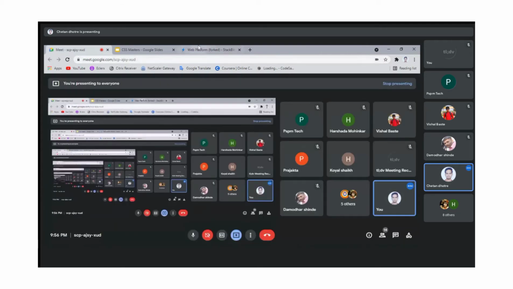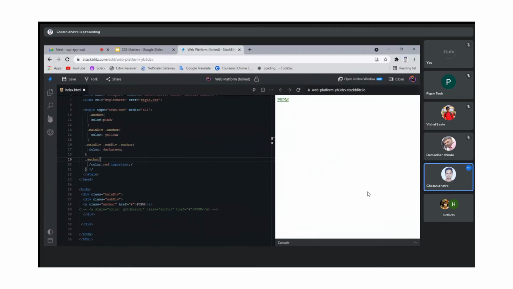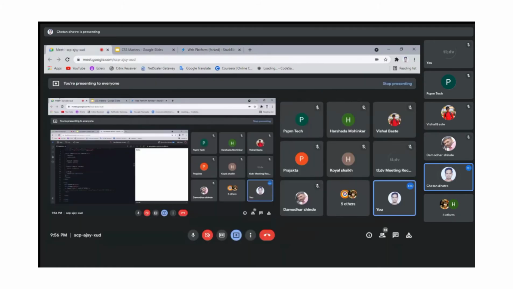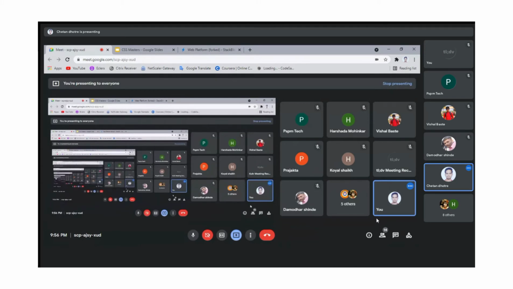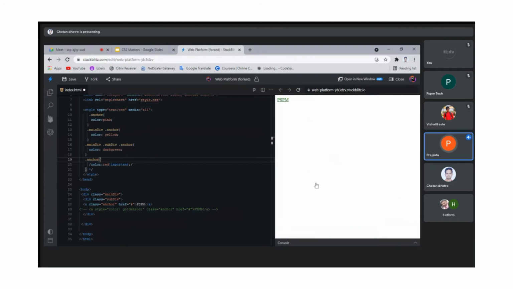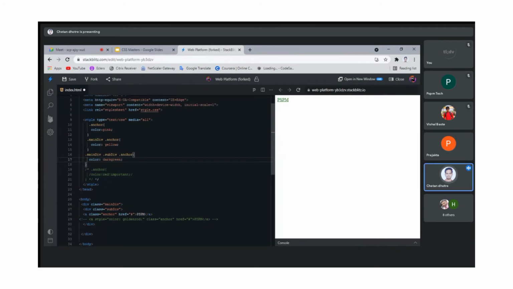Okay, we provide a color for the particular anchor tag, and that's why it gets dark green. So why doesn't it go with the first one and the other one? Why does it go with the last one?